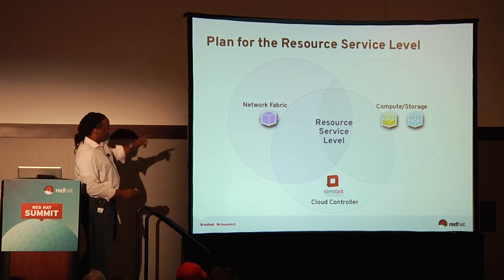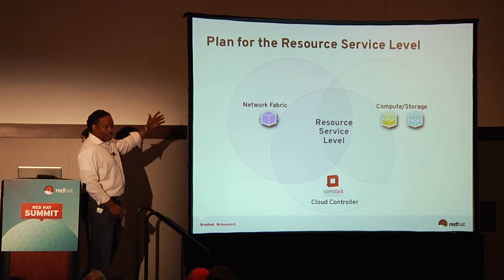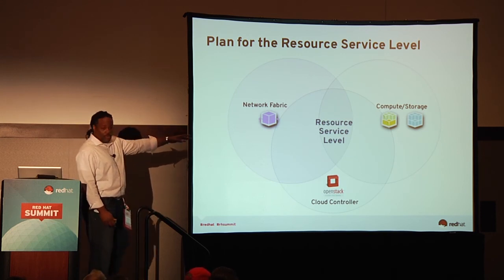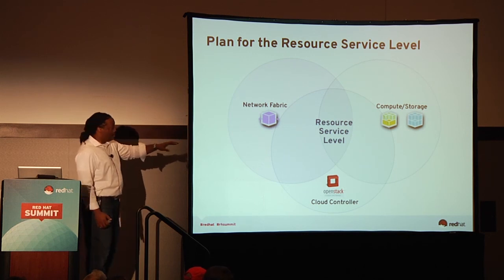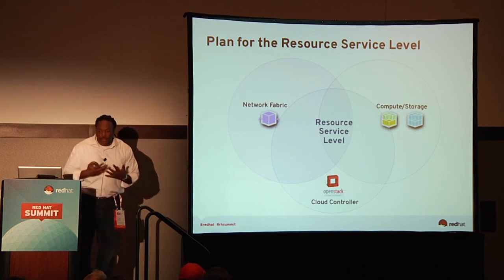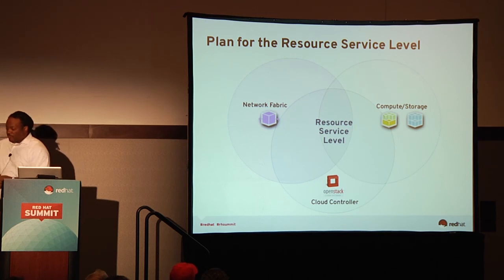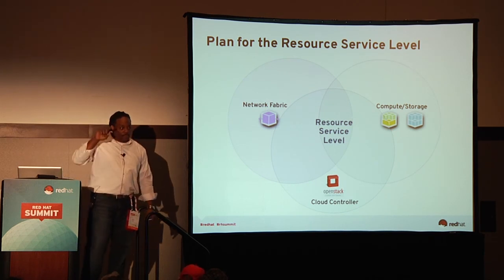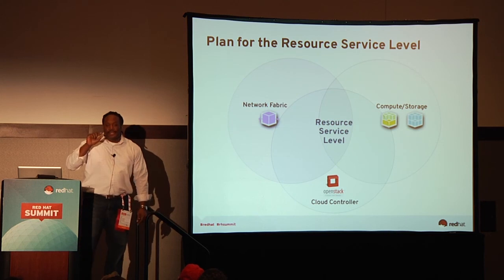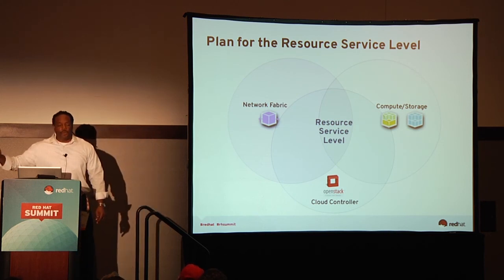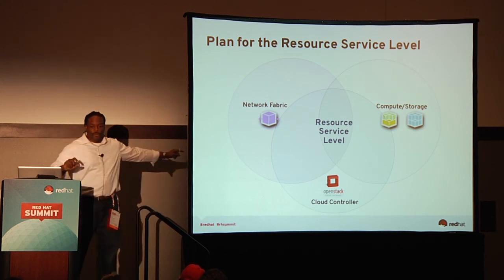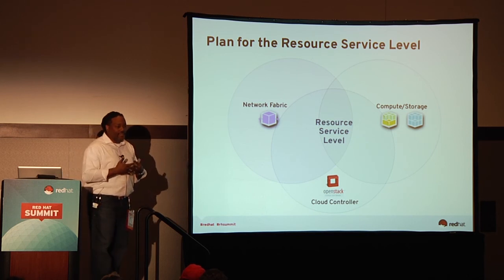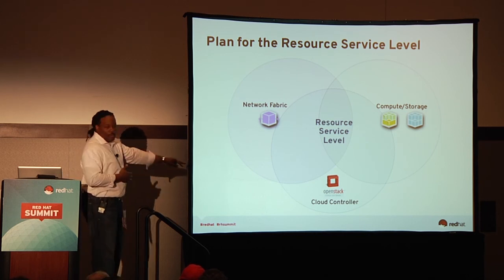And to summarize that, you look at your network fabric, which we talked about. You look at the compute and storage parameters and profile. And then OpenStack is the glue that ties this together. Because if I have a rack of M1 class hardware, I can tell the scheduler that when a request for an M1 virtual machine comes in, around the circle that we said, send that request and schedule it on a hardware node that matches this performance characteristic. So it binds everything together. This is where OpenStack fits.